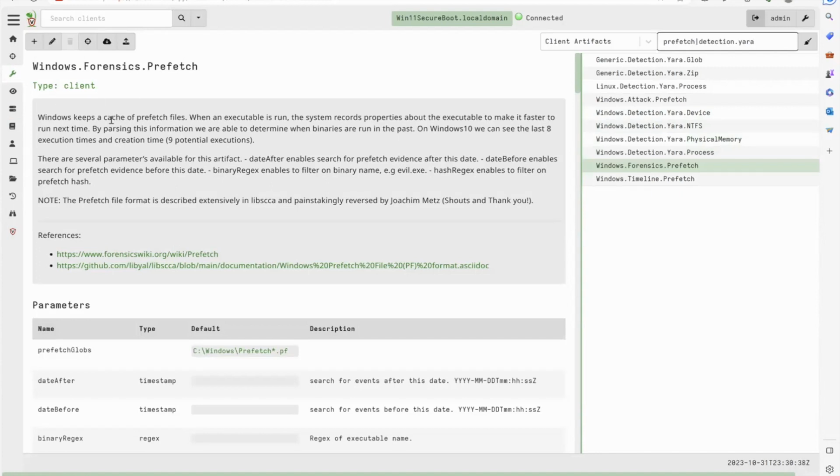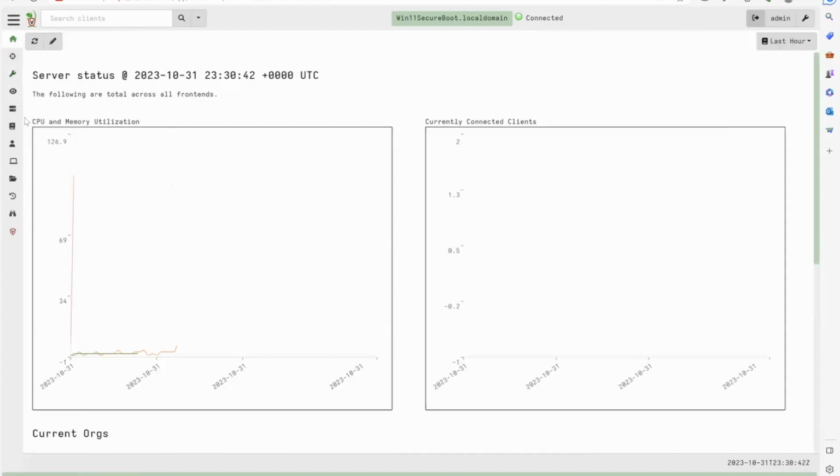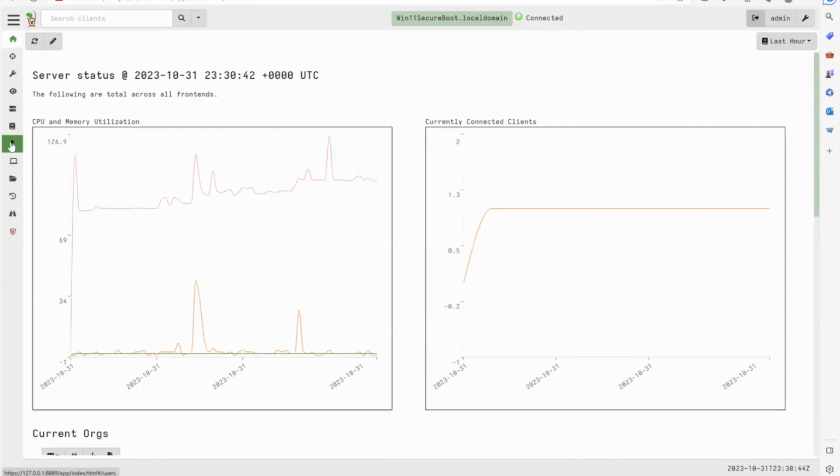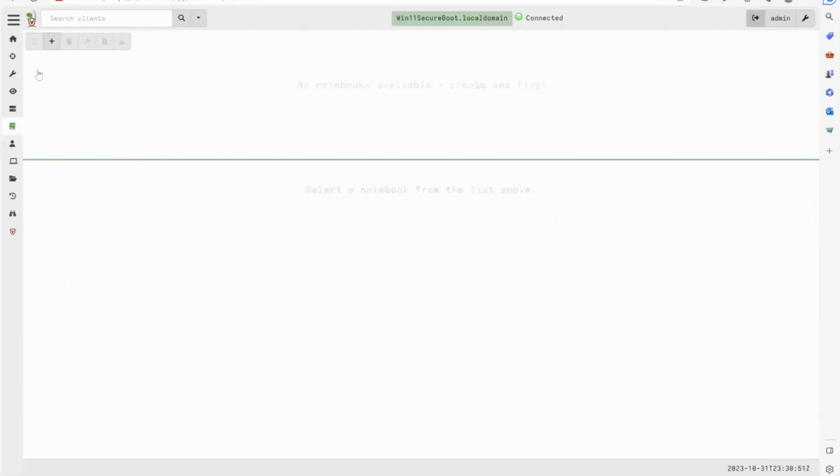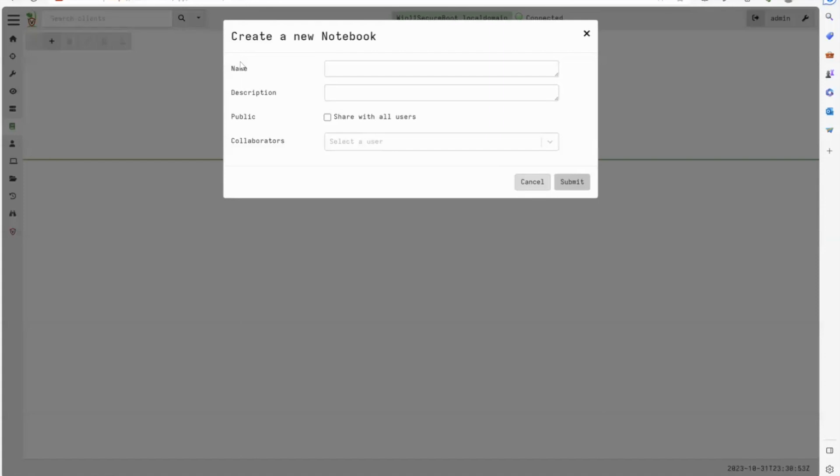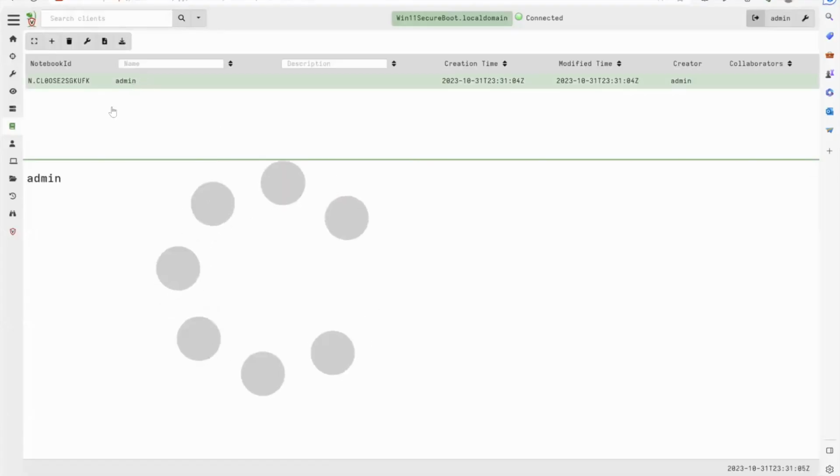Okay, so like the other thing I wanted to talk about was notebook. We're not going to be covering monitoring. We don't need to cover users and things here, and permissions and stuff like other kind of server-y stuff. But where we're going to live a lot is this notebook, and this is think of it as the server notebook. So here you can add description, share with all users. In our use case here, we don't have any other users, so we don't need to worry about that. But once you create a notebook,